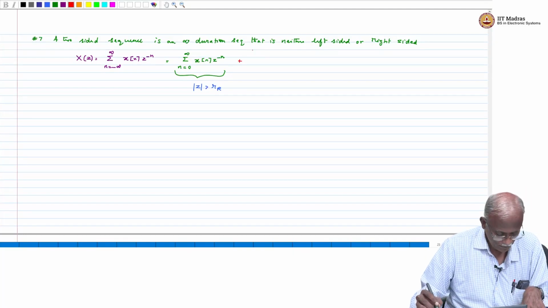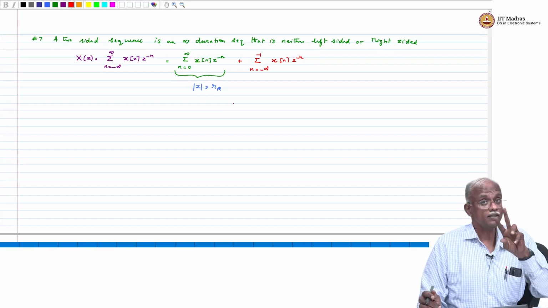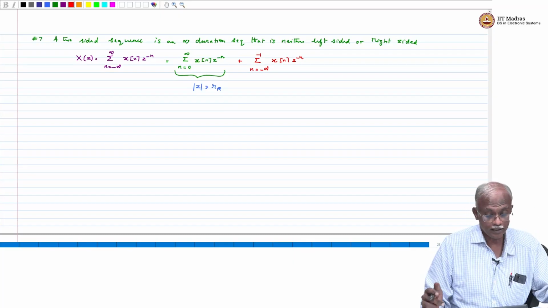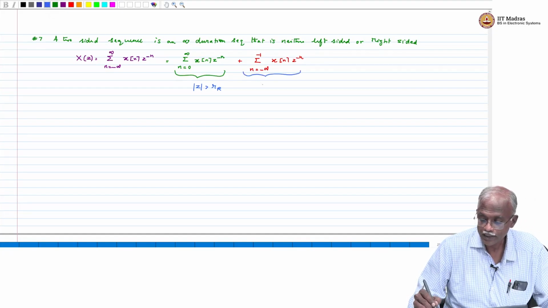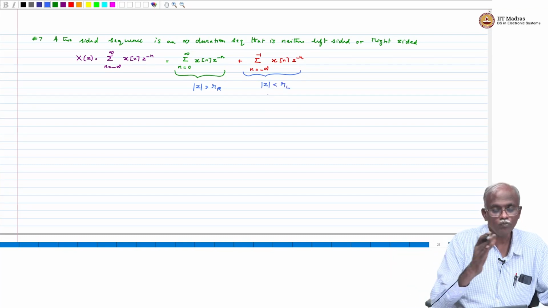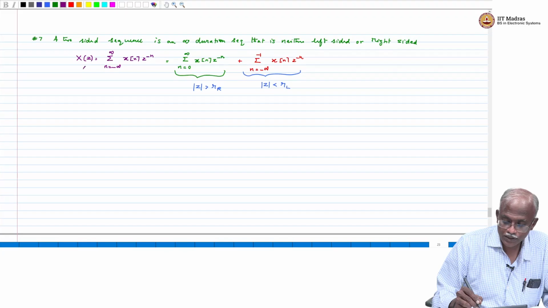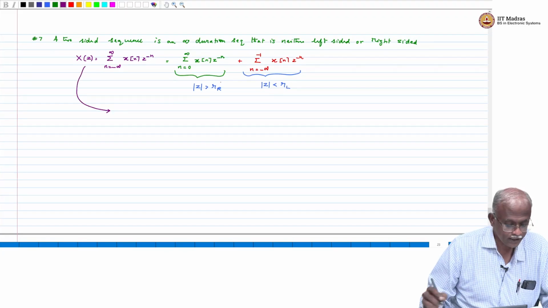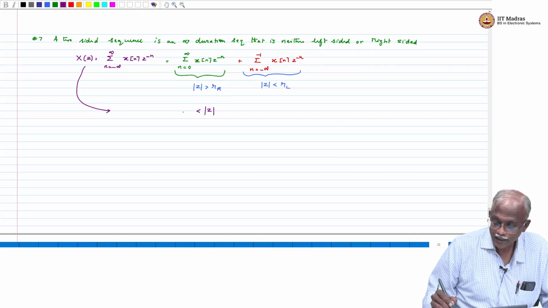Then the second part will be summation n equal to minus infinity to minus 1 x of n z power minus n. This is a left-sided sequence. It is a strictly anti-causal sequence, and this will have a region of convergence which is mod z less than RL. So basically the innermost pole. Okay, and such a sequence then has got the intersection of these two regions of convergence, which says mod z greater than RR less than RL,